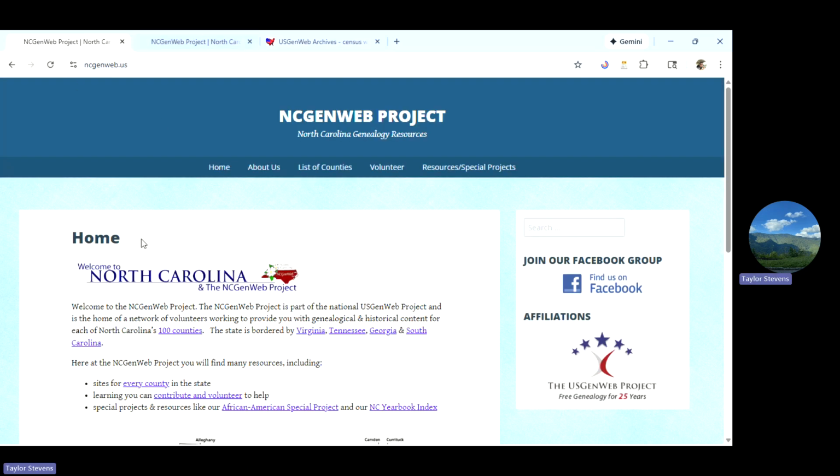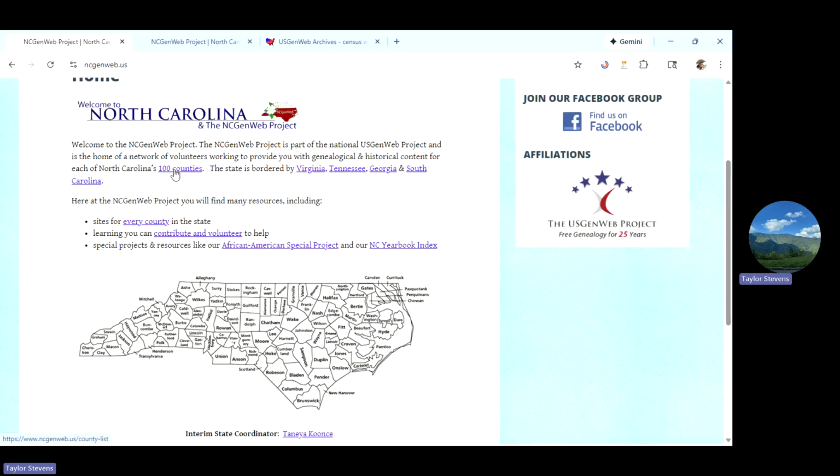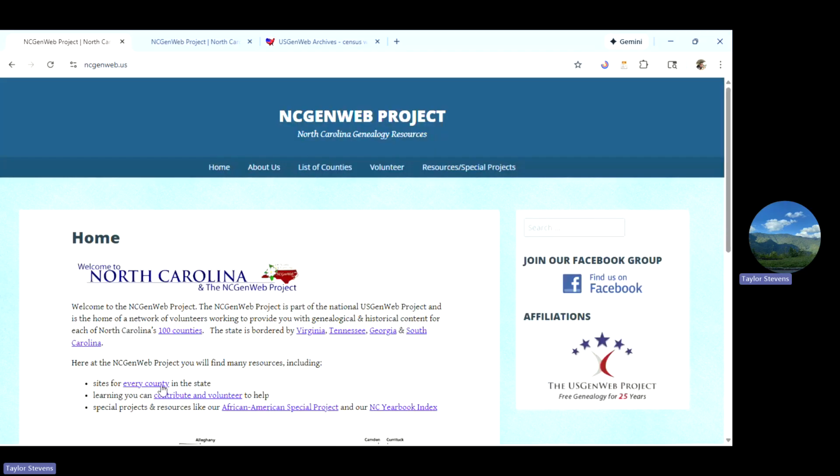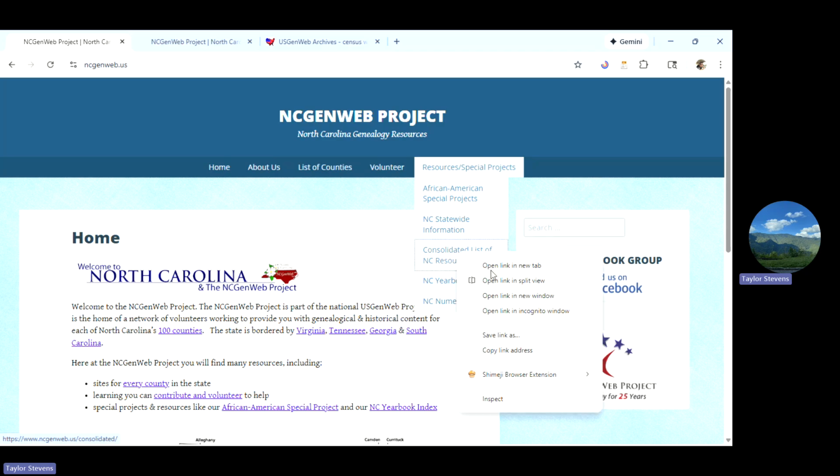And it'll bring us to this web page. Now we can click on any of these blue highlighted items that take us to additional links. These take you to the Virginia, Tennessee, Georgia, and South Carolina web pages. Now, coming over here, they have the different regions and the different bylaws once again. And then they talk about how to adopt a page for the North Carolina GenWeb project, and then there are additional resources such as numerical codes, consolidated list resources,